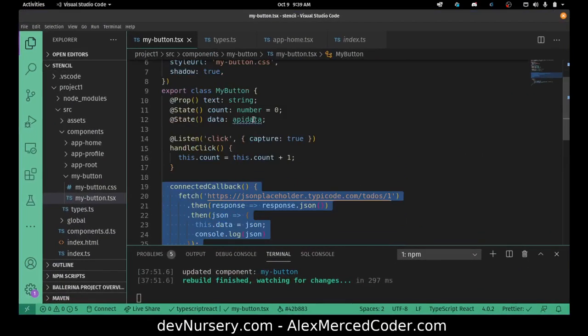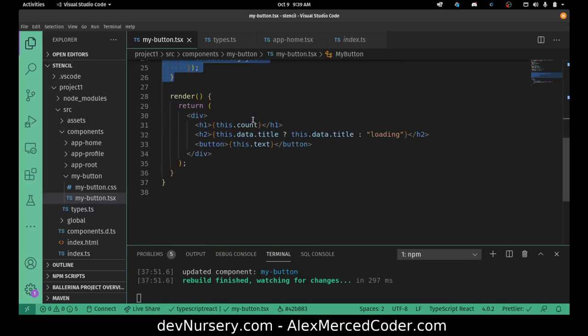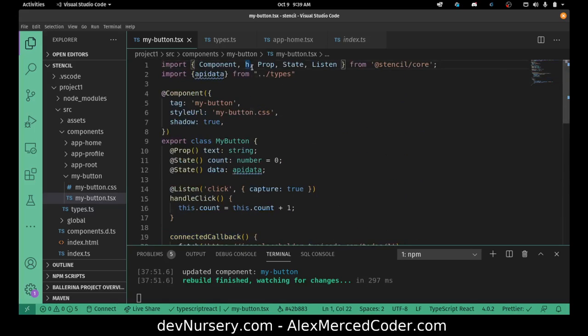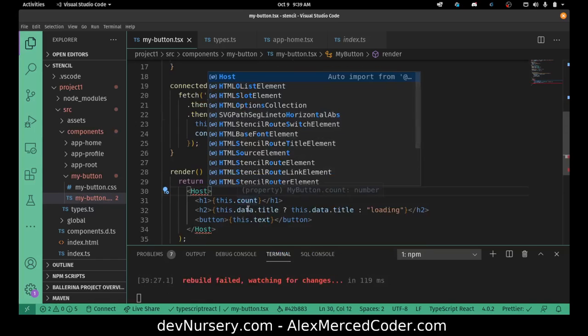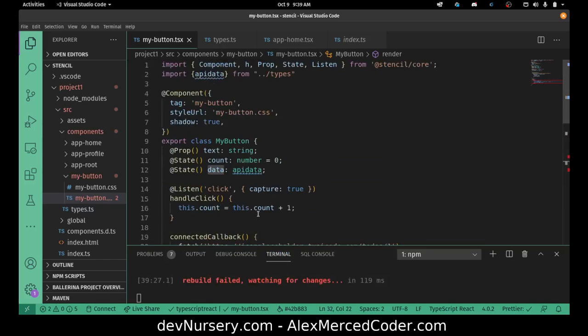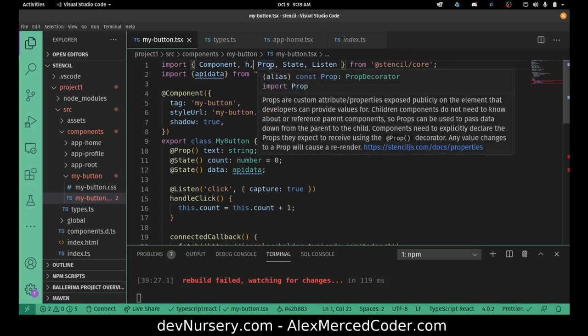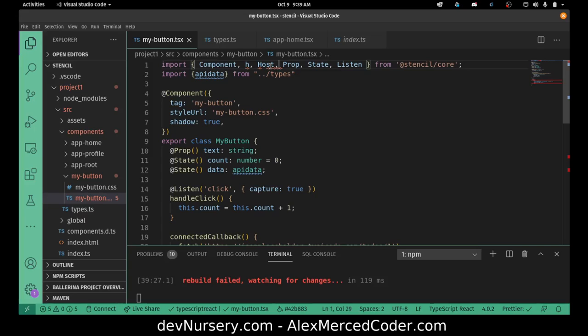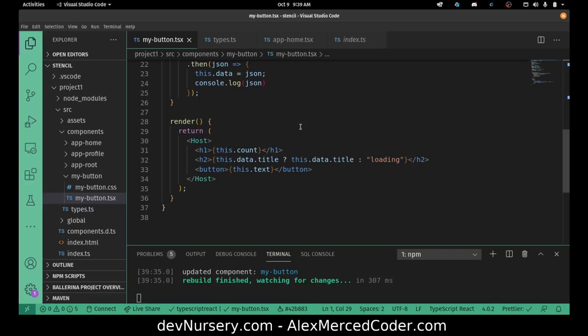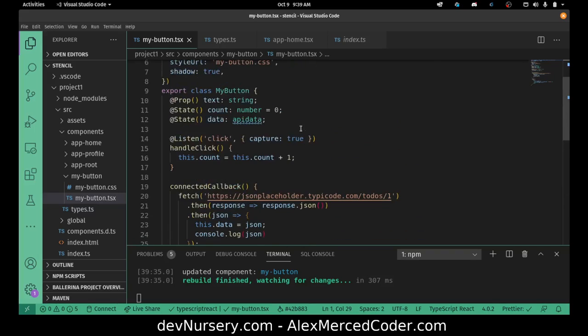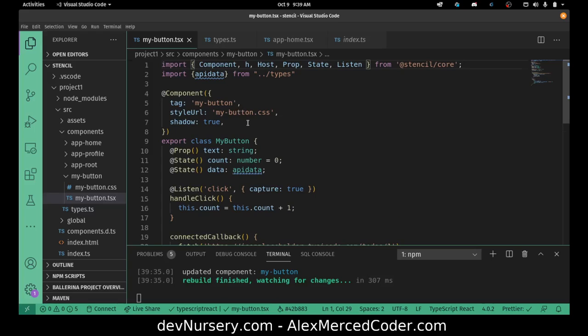I have h. It says it's there. Oh, because I took it out. I took out the host element. So let me add that back. Let me see if that fixes things. You could actually use host as a fragment as well, as a side note. Let me add host back there. Now where is the h being used? Add component, add